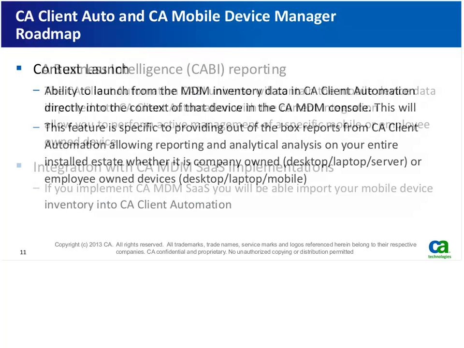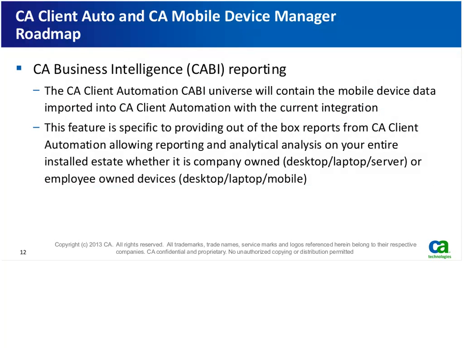We also want to extend the CA Business Intelligence reporting that is available between the two products. Now, with our current integration, we are pulling that data from MDM into the Client Automation tables. So all of that mobile information, that rich data that Stephen Parker showed you, is available in our CABI universe, and you are able to do custom CABI reportings on that, integrating that data with your corporate-owned devices, desktops, laptops,